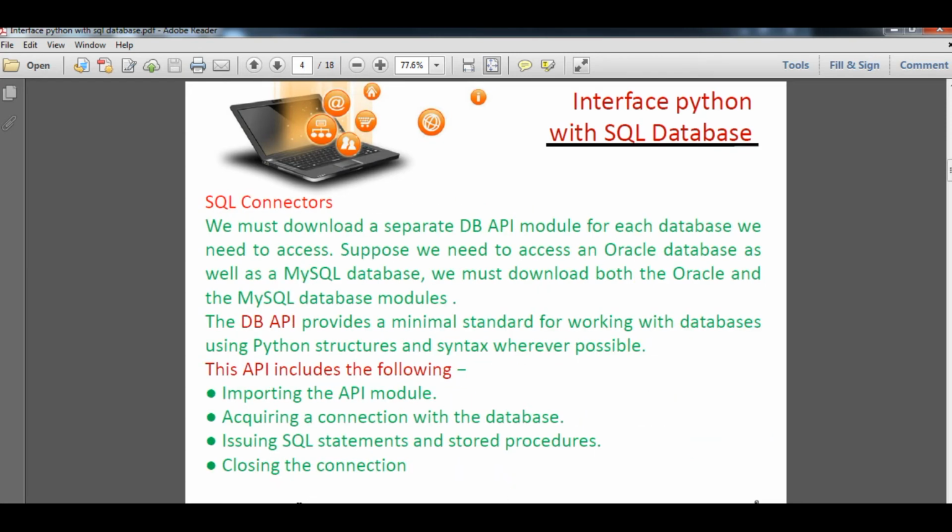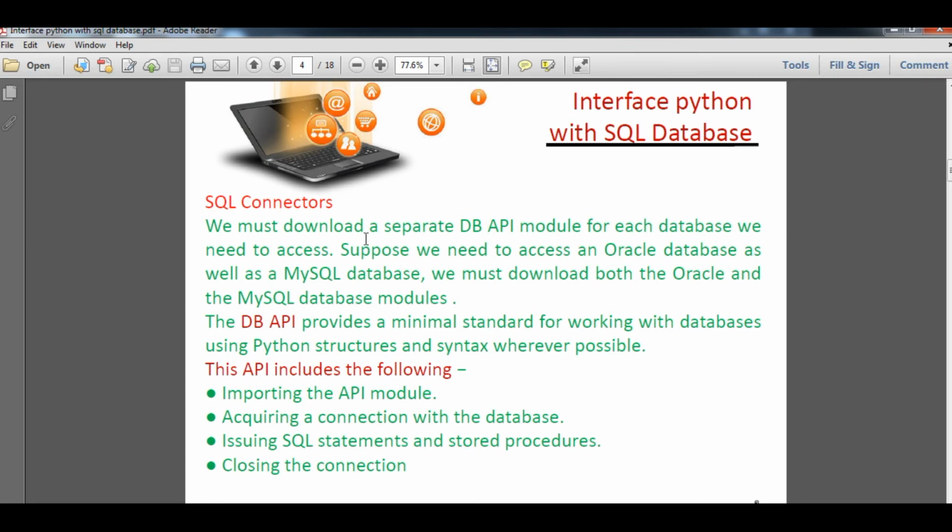First, the SQL connector. Before we start connecting a Python program with the MySQL database, we have to know about connectors. Before connecting Python to a database, we have to download the database API, that is, the DB API, the database application programming interface. It looks like a module of Python for each database.